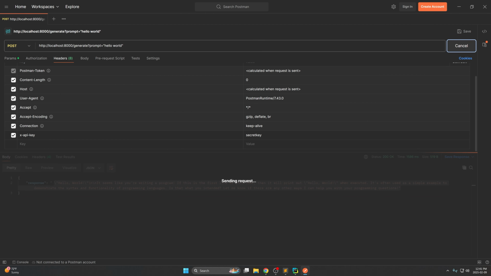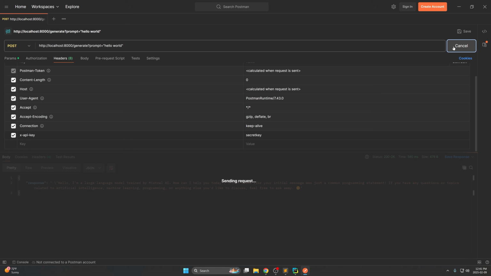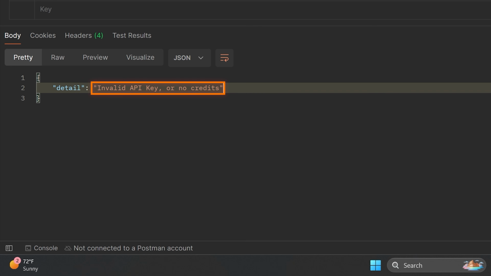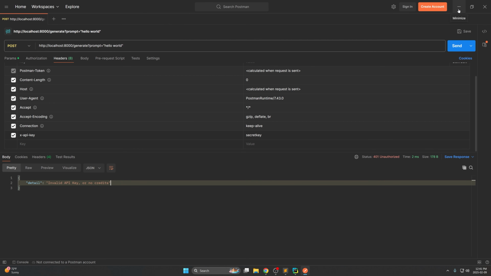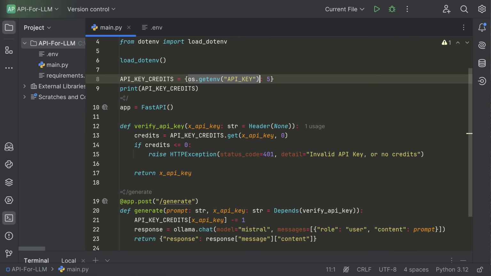And if we try to do this now 5 times, let's just keep doing it so that our credits go lower and lower. You should see eventually when we get to the 5th request that it doesn't work and it tells us that we run out of tokens. And you can see that's what we get. It says invalid API key or no credits. So there you go. We've now built an authenticated API that allows us to utilize our LLM with this API